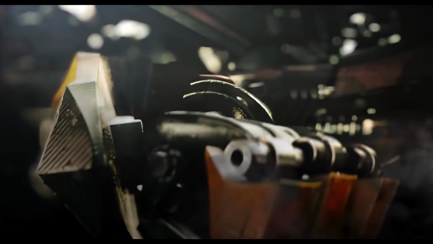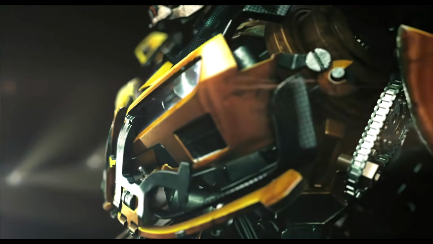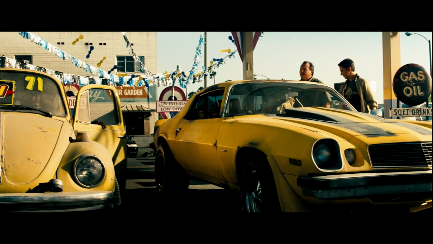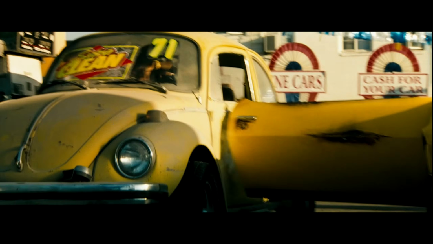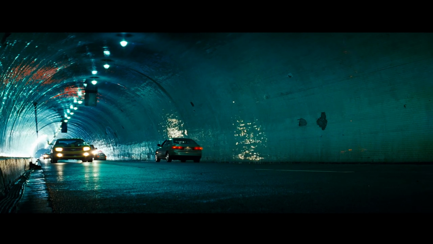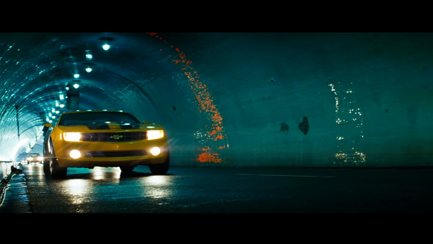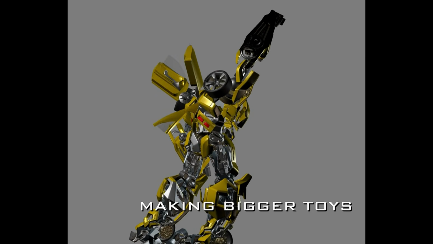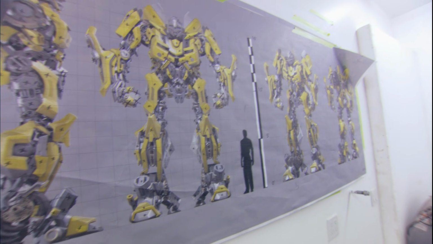Something that's also surprising is the fact that he's had the most design changes and alt modes of any Transformer in the live action filmography. In the first film, he appears as a dilapidated 1977 Chevy Camaro, and after fighting with Barricade and Frenzy, he soon transforms into a modern 2009 Camaro concept. Michael Bay stated in an early interview that Bumblebee stands at 17.5 feet tall, but according to the official game strategy guide, he stands at approximately 16 feet tall.